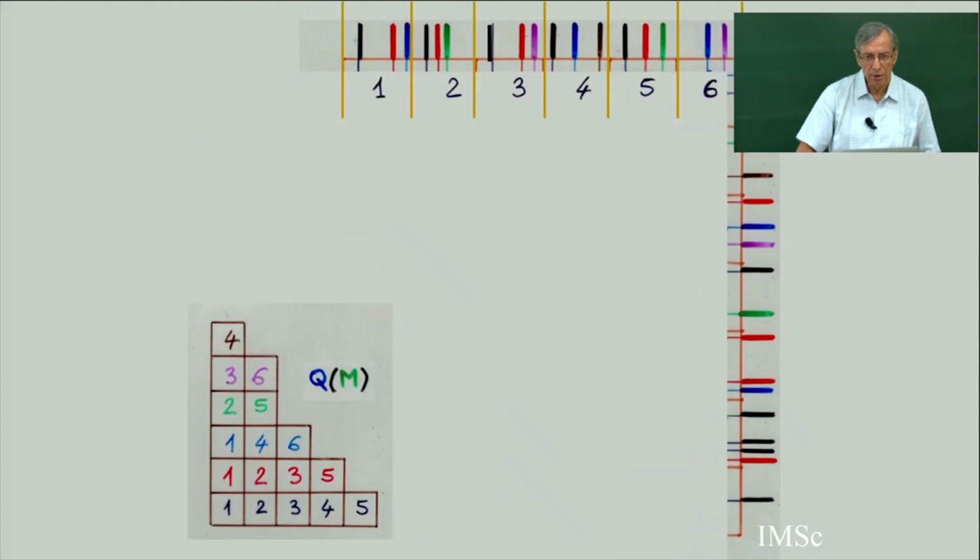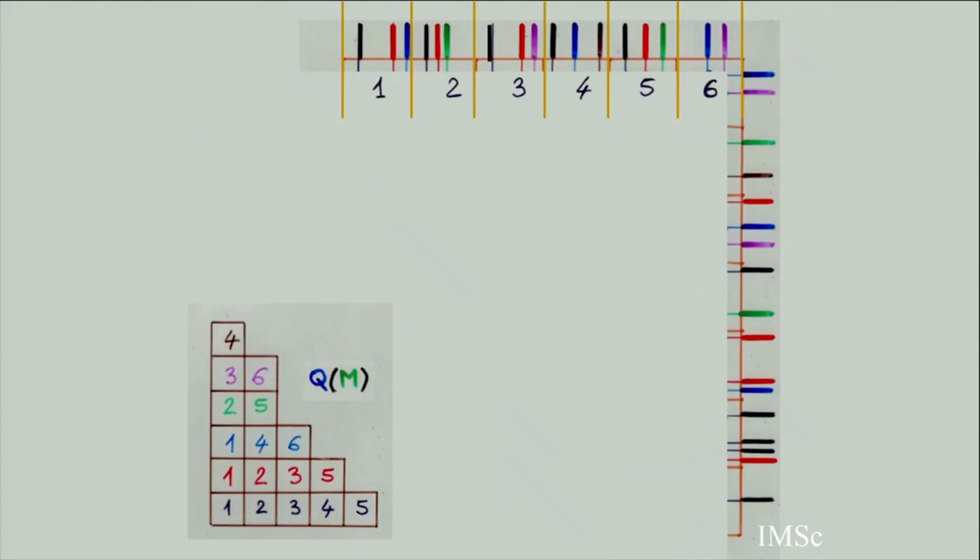And now why do I have the Q? In fact, if I write the Q as I am doing the classical RS correspondence for permutation, I would get this one, which is not semi-standard. It has the same shape as P, but you see now it's strictly increasing in row and weakly increasing in column.